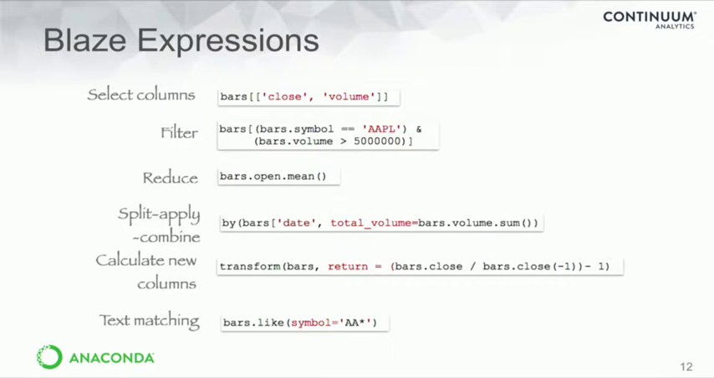These are some examples of Blaze expressions, just to give you an idea. You can obviously do selections and filtering. You can do reductions and groupings, text matching, and you can do transformations that calculate new columns, and we'll do some of that in the actual live walkthrough. As I said, this is just a small sampling of what you can actually do with